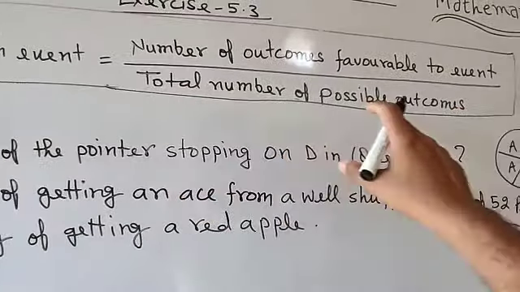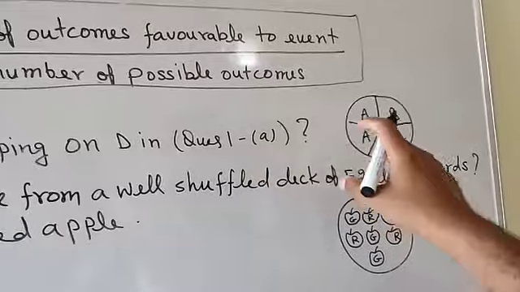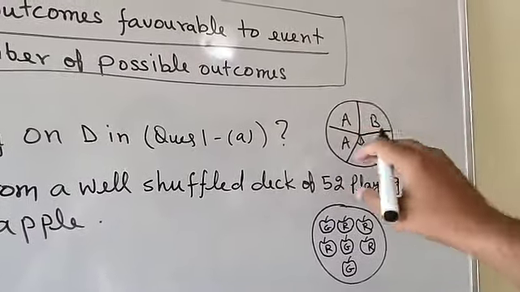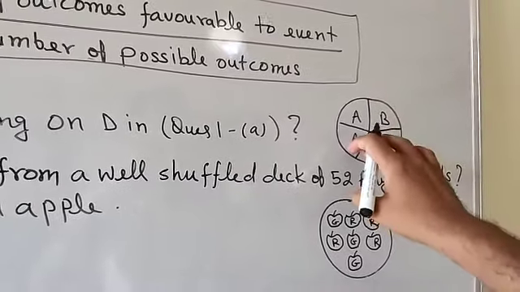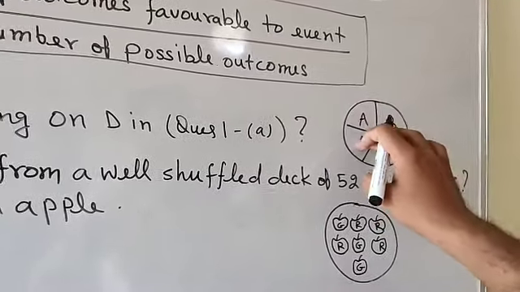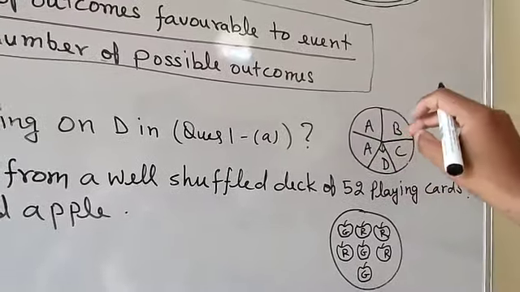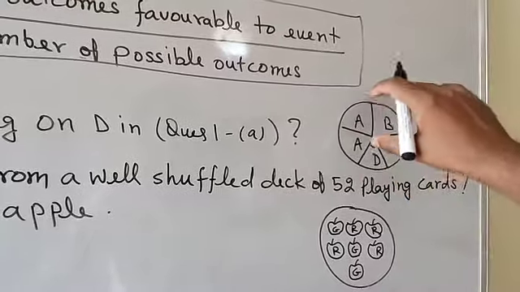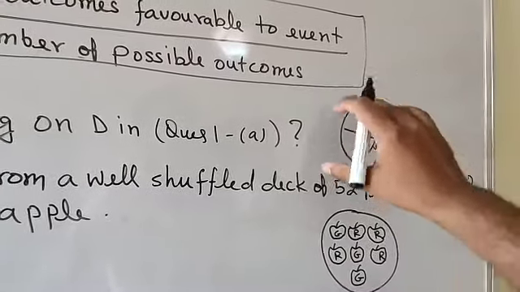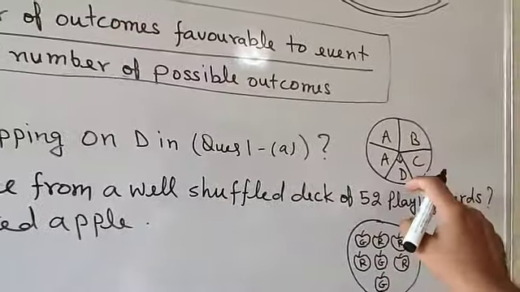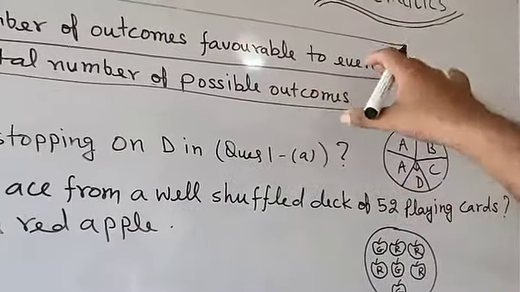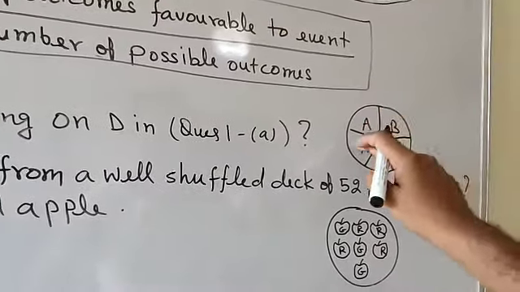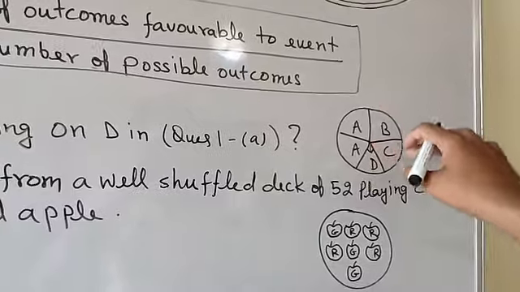Now upon total number of possible outcomes. Here there are 4 letters A, B, C, D, but the number of outcomes will be taken as 1, 2, 3, 4, 5. So 5 possibilities are there. This arrow can stop on any one of these 5. So number of possible outcomes is 5 and you are going for the D. So D is 1. If the same question is asked for A, there will be 2 favorable outcomes, 1, 2. But for D, only 1 D is there, so there will be 1.